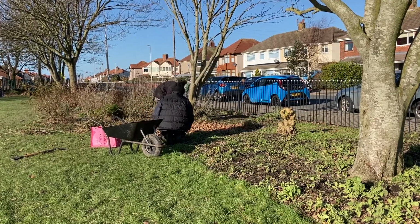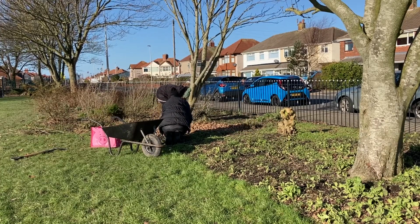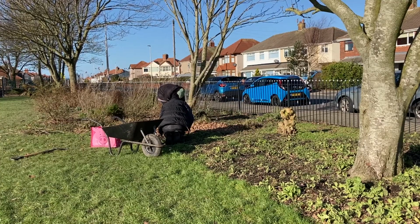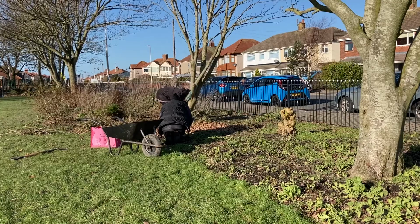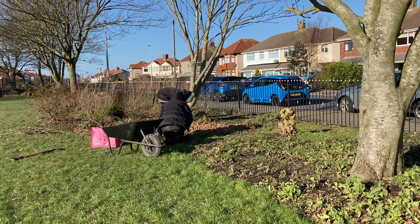The actual plan today will be take the weeds out, put some bin bags down, so a plastic base which is easy to cut through when we come to plant, and then put the leaf mulch down, and then on top of that put some of the new wood chip, so that'll all hold it in